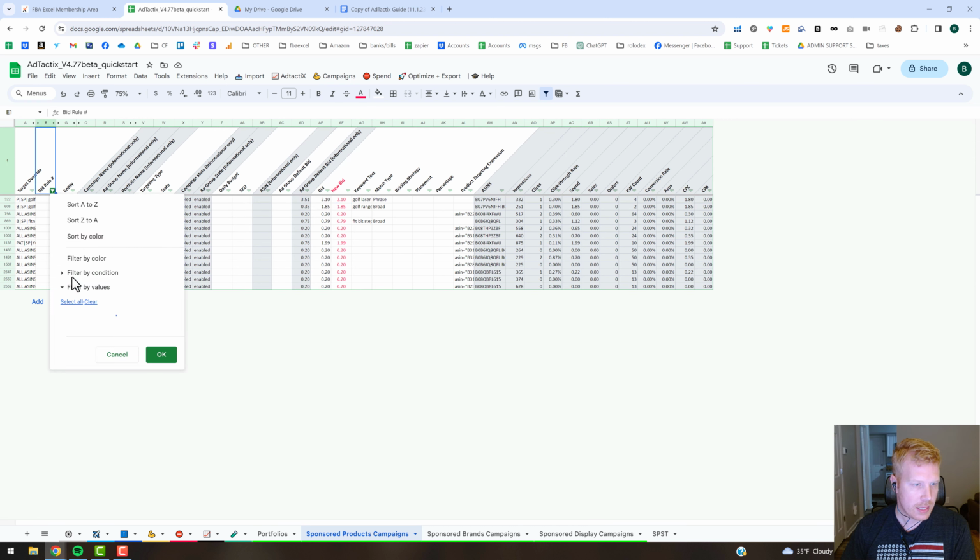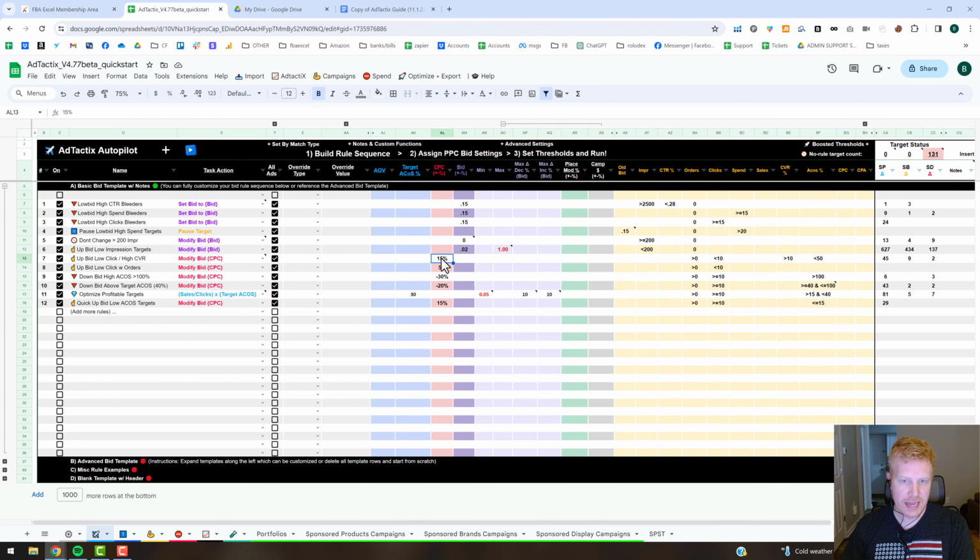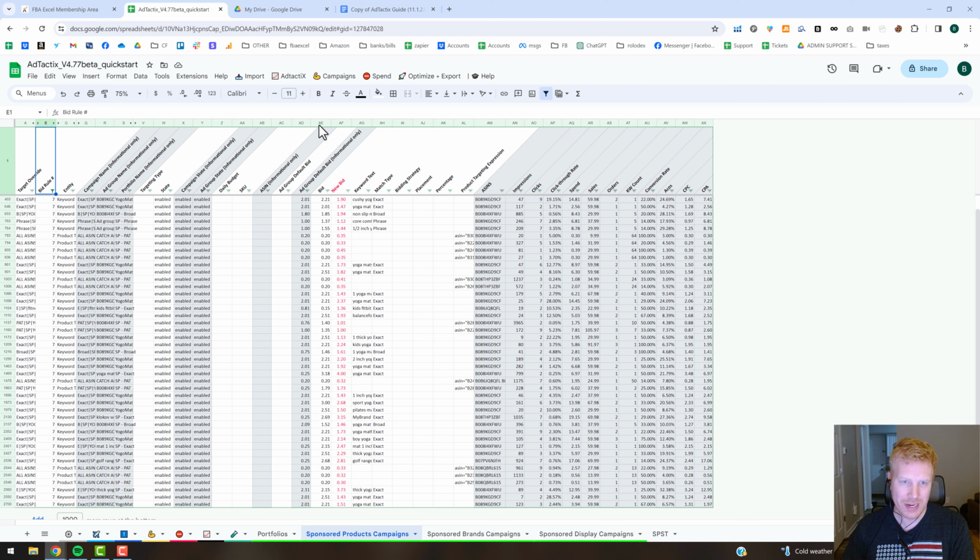So 7, right? So you can see we've got quite a few there, and let's go back and look. I forget what it was. All right, so rule 7 is a 15% increase, but it's based off the CPC. So you want to make sure when you're looking at this, you're understanding things correctly. So in this case, you would not look at the bid, which is actually what you're bidding on. And again, you can have a bidding strategy of up, down, fixed bid or down only. So if you have it like down only, your CPC can be considerably lower,